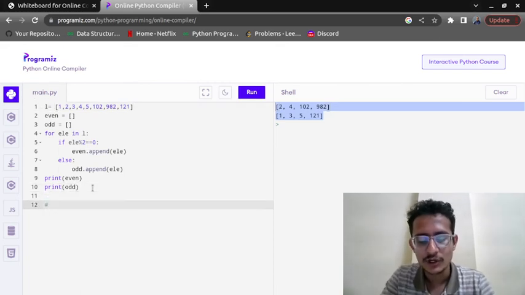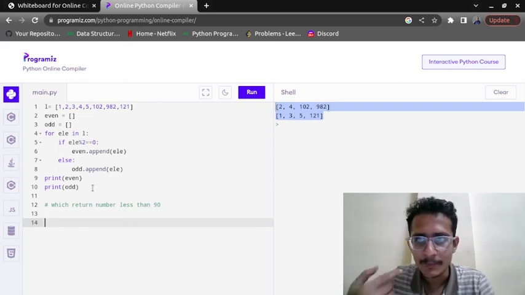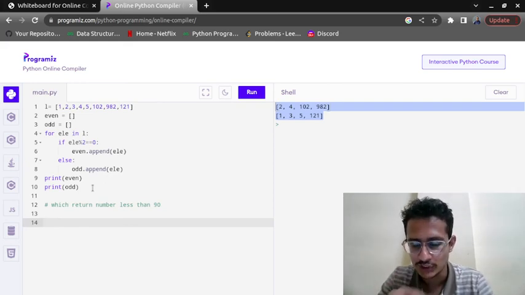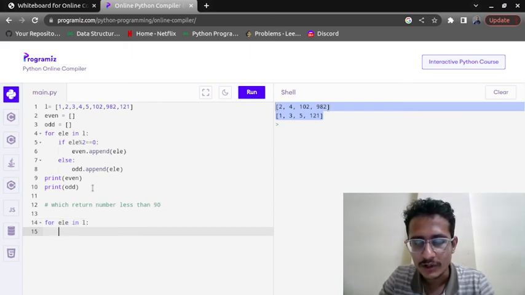Now I give you the question: write a function which returns numbers less than 90. This is the question given to you. You can pause the video for a minute and think of a solution. For this question I will directly write the code. I need to traverse all the elements in the list.